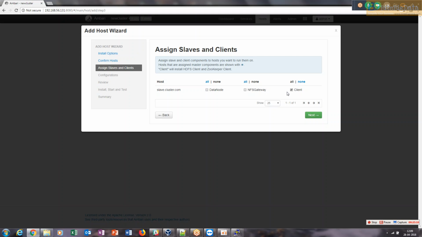In production, one or two edge nodes will mostly be there, depending on the size of the cluster. Let's say you have 50 nodes, then 2 or 3 edge nodes might be there, and all the users of your production server will be given access to the edge node only. They will log into the edge node. All the authentication and authorization will be done on the edge node itself, and through the edge node only they will start firing commands like hadoop fs -ls or yarn, or whatever they need to perform. They do not have direct access to the master machines or the slave machines